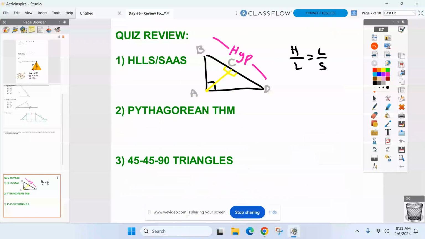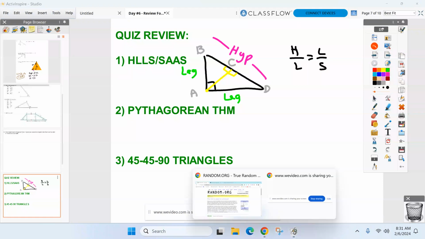Now, we could use one or two legs depending on what's given in the problem. Name both legs. AD or AB. Yep, it could be AD I'm using, or it could be BA. Follow-up question: when I go to the other L, do I use the same leg I'm on, or the different one? Same. The L's in Hills are the same. All good. S for